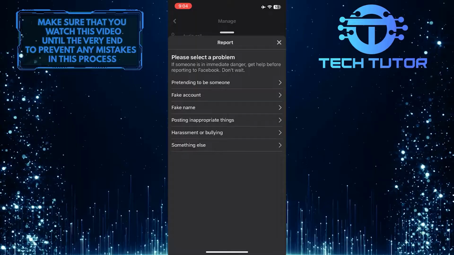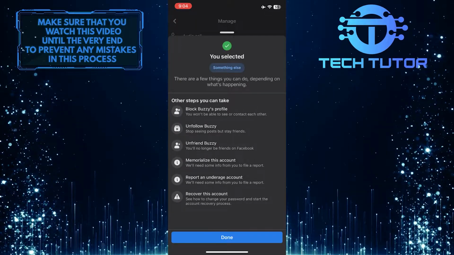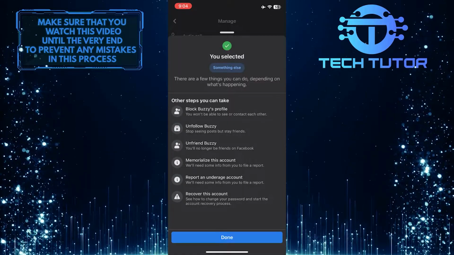So I'm going to select something else. And then it will show me that I selected that. And now all you have to do next is tap on the Done button, and that report will be sent